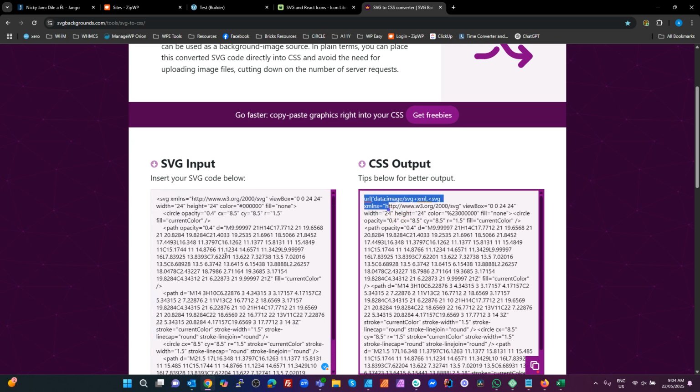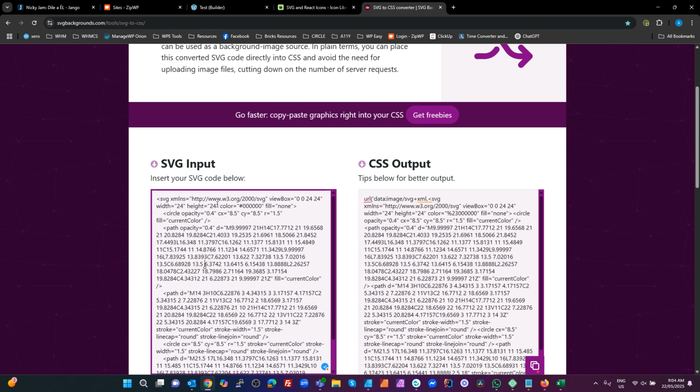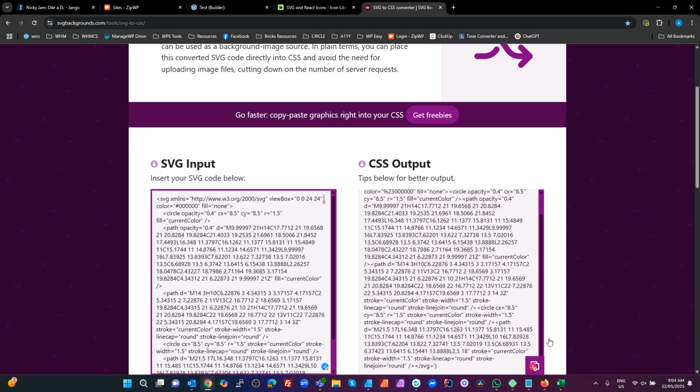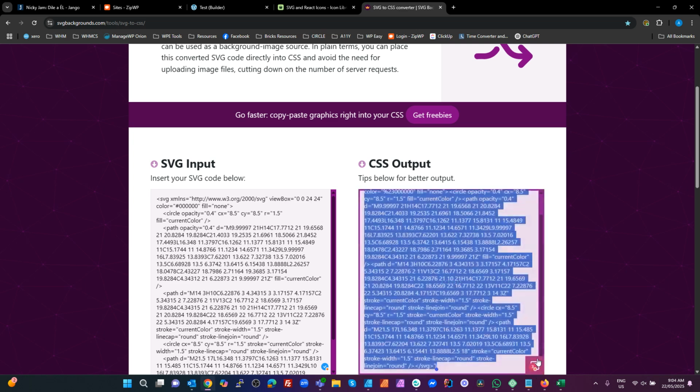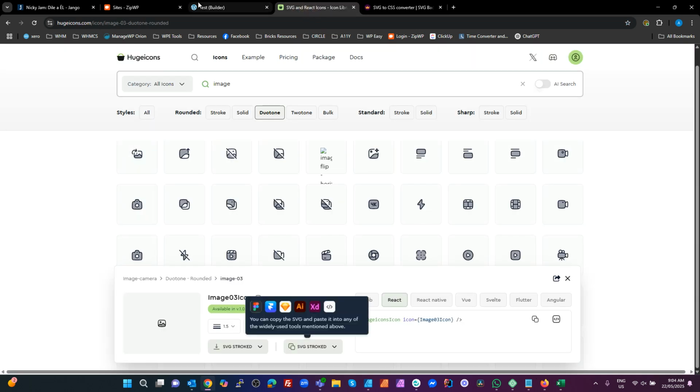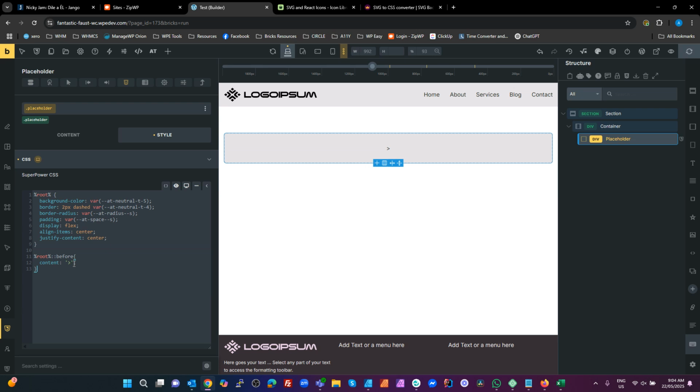backgrounds, etc. Now what you do want to do is delete the width and height because we want it to be responsive. There's a view box that's already set, and that's all we need for responsiveness. If we leave the width and height in and we scale the SVG, the icon will not scale. So let's get rid of that width and height, and then we're going to copy. Sorry, I'm just going to get my little Loom bar out of the way that you guys can't see. We're going to copy that to the clipboard, head back over to our test builder here, and instead of that